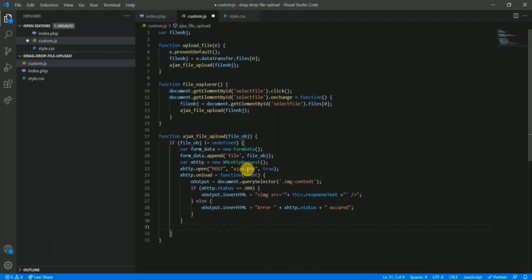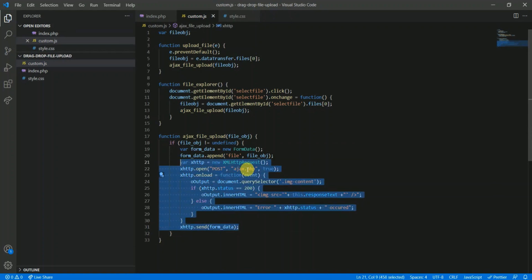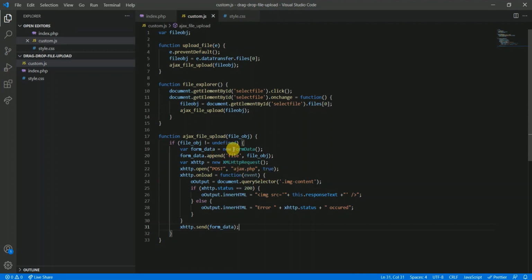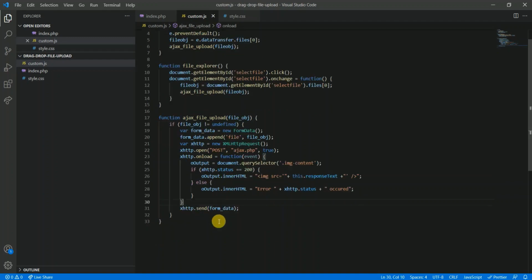At last, send the data. This is the manual JavaScript way to send the Ajax request. What I am doing is just grabbing our file content and passing it to our ajax.php file. Now we can test it.